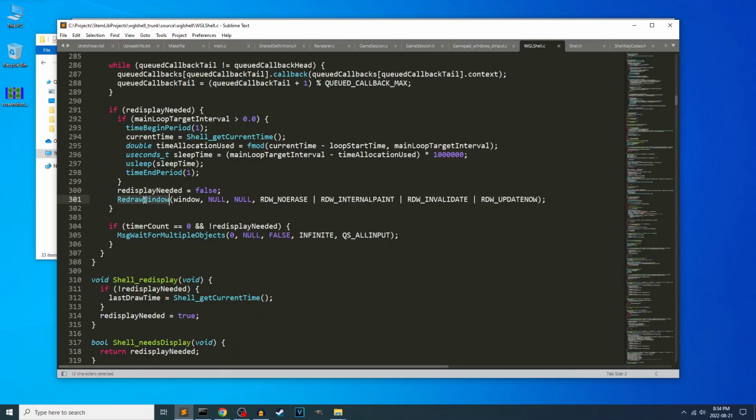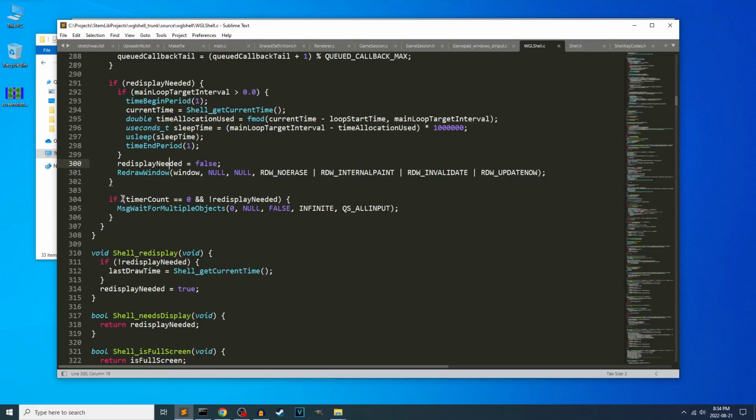Redisplay needed. Redraw window. This posts the WM_PAINT message. This just results in WM_PAINT being posted, so that ends with the target draw being called and OpenGL being updated and everything. And then, if no timers are running and no redisplay is needed, so we're just sitting there doing nothing in the event queue, then I can